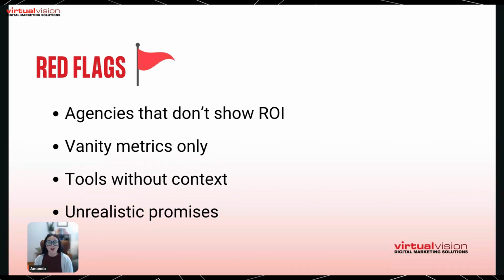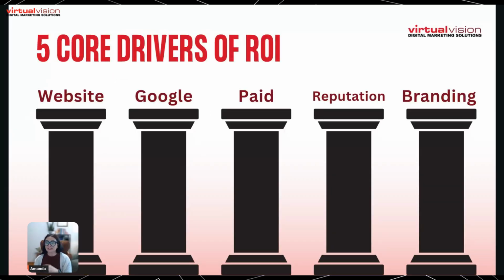And then unrealistic promises. Listen, everybody's been there. We, as marketing agencies, it's easy to want to overpromise something that we can't actually deliver to you. At the end of the day, all of these details, all of these pillars that we're looking at today can be audited and can be set up with best practices for Google. But at the end of the day, it is up to Google, not the marketing agency, how these actually perform. If someone promises you a specific result of marketing, you need to run in the other direction.